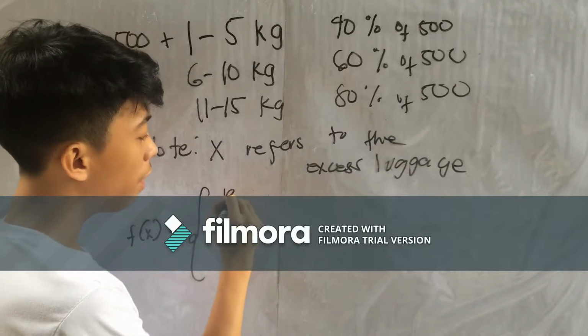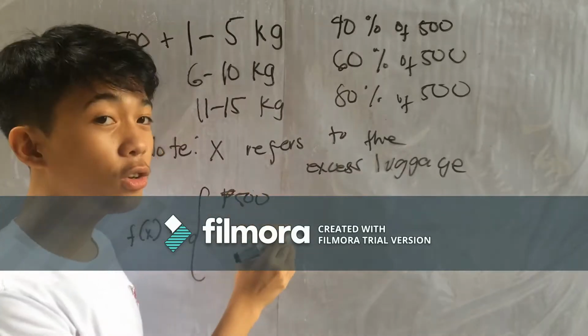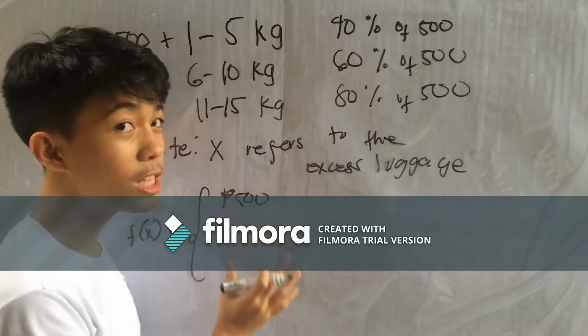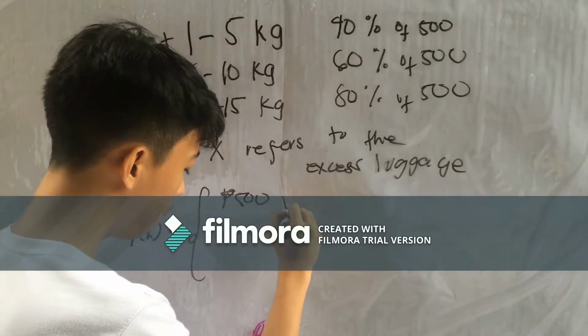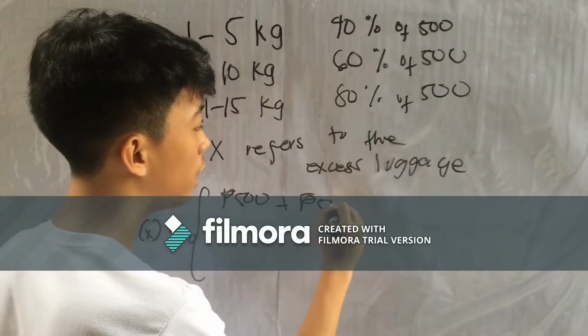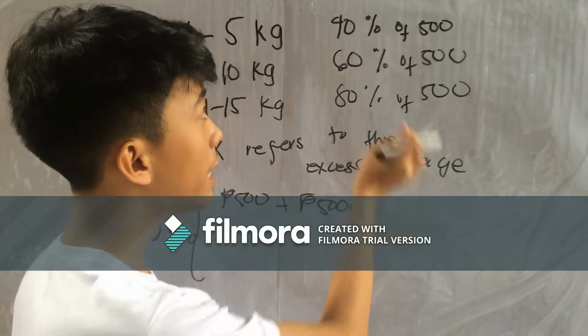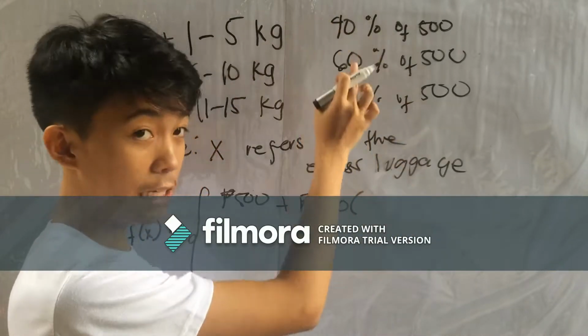Bracket, 500 pesos, dahil ayun yung karampatan talaga. Ito yung constant na presyo kapag lumagpas siya sa 25. Plus 500, at yung i-times sa kanya is yung 0.4